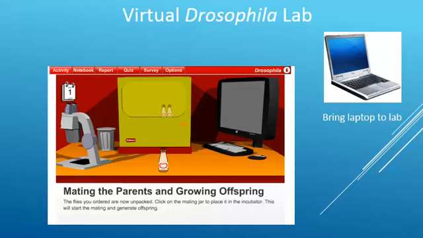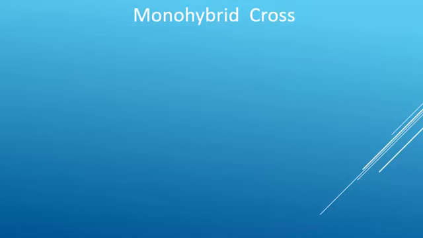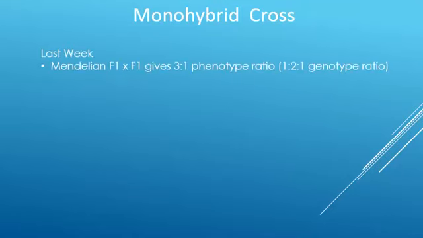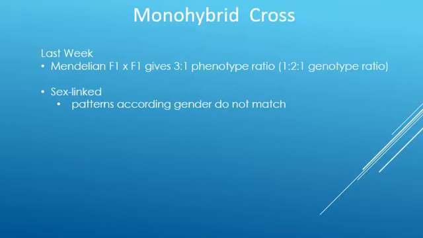So once again this week, we will be using the virtual Drosophila lab online, and we'll do a little bit of work initially to help us recall how to use it. Now recall last week we did some simple monohybrid crosses, and we learned that a Mendelian F1 crossed with an F1 will give you a 3:1 phenotype ratio, and we know that means a 1:2:1 genotype ratio. And we also did some sex-linked traits in which we saw that the patterns are different between the genders,